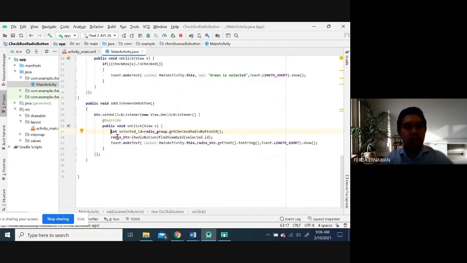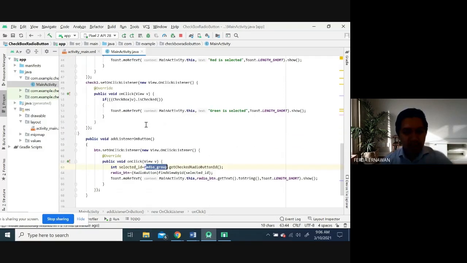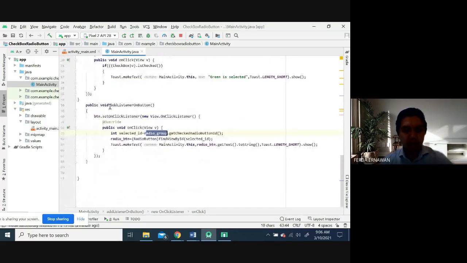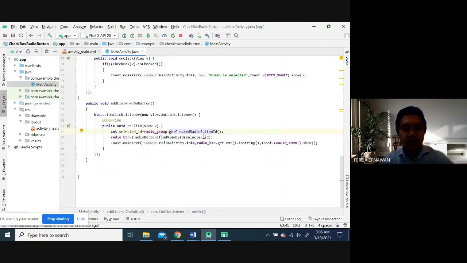you declare a selected ID with the data type is integer, okay, equal to radio group. Okay, radio group here that is the variable of the radio group. Okay, get check radio button ID. Okay, which one from the radio group? Which ID that user check? Which one the user check?